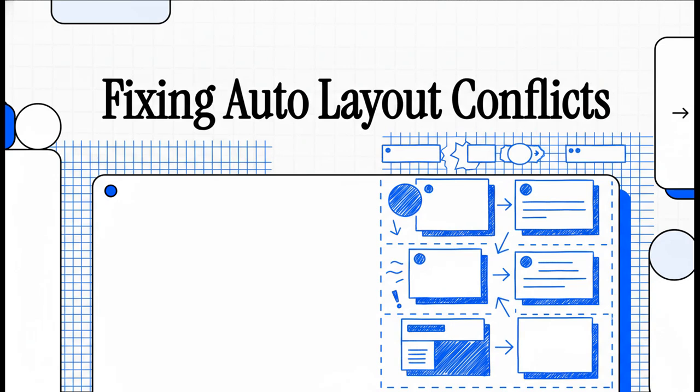All right, if you're an iOS developer, you know this feeling all too well. You've been coding, you hit build, you run the app, and your layout is a complete mess. Things are all over the place, overlapping, just totally broken. Well, today we're going to dive deep and finally demystify one of the biggest headaches out there: auto layout constraint